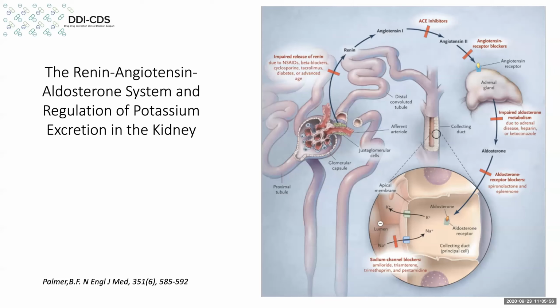All of these drugs affect the renin, angiotensin, aldosterone system, and the point in that system where the drug works is illustrated on this particular graphic. You can see the ACE inhibitors, of course, block the conversion of angiotensin 1 to angiotensin 2. The ARBs interfere with the receptor on the adrenal gland. And farther on down the pathway, we've got aldosterone blockers where we find the potassium-sparing diuretics.